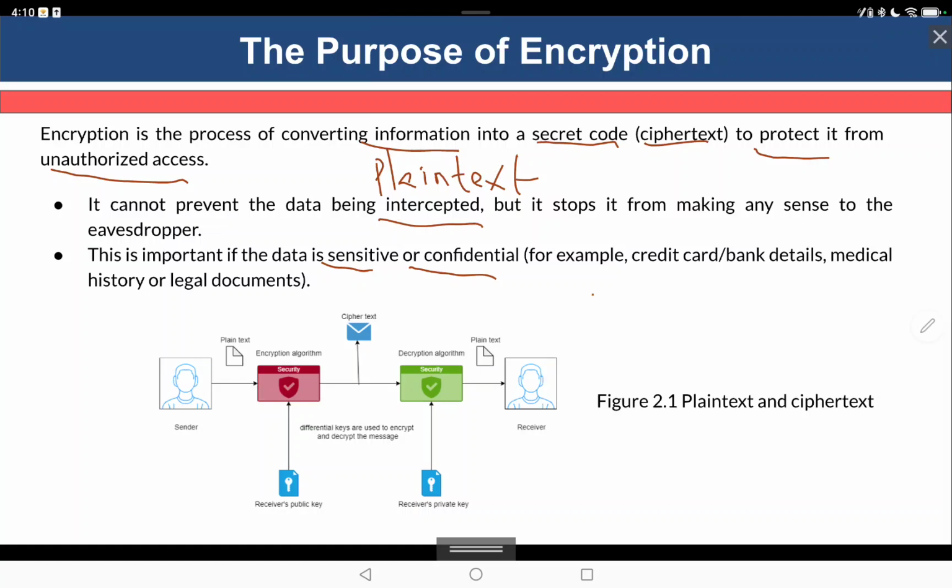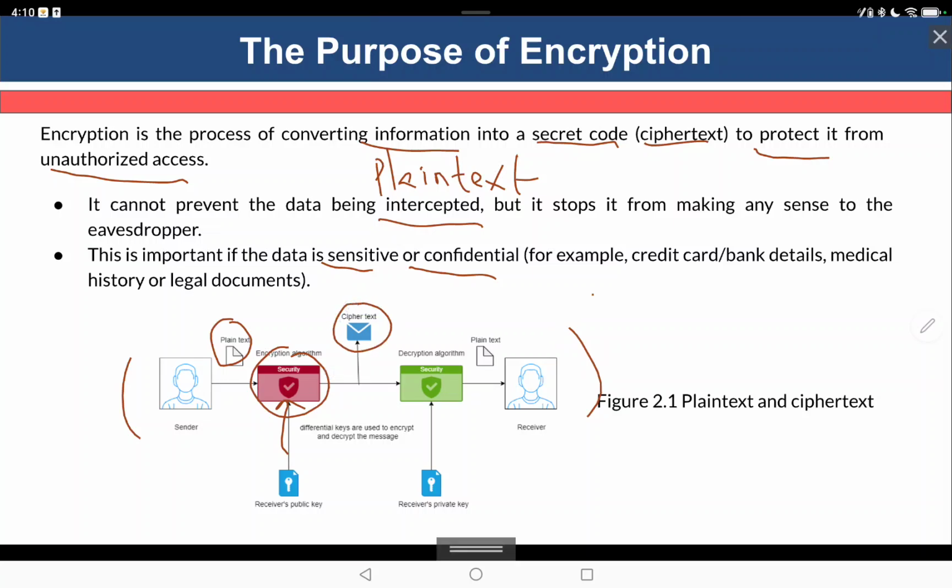Now let's use this diagram to have a visual understanding of encryption. So this is the sender and this is the receiver. The sender sends a message which is called plain text. A key is applied to this plain text. Okay, so this is where encryption takes place, and it turns the text into a ciphertext, which means a